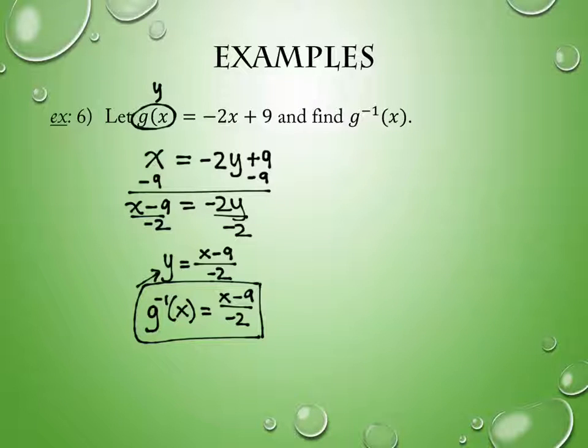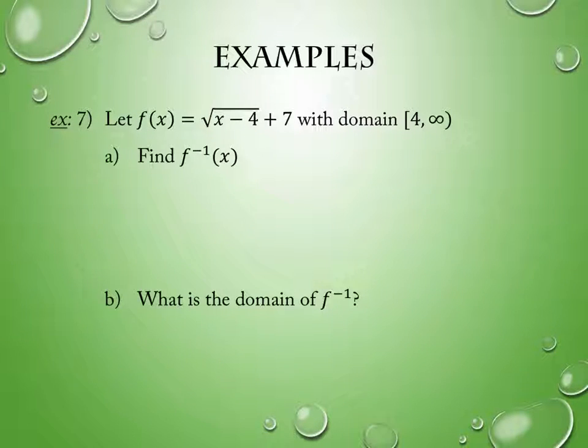And hopefully when you look back, you can see some semblance of why that would make sense. Do you see how one of them is multiplied by negative 2 and the other one's divided by negative 2? And how one of them has a positive 9 and the other one has a negative 9? Yeah, and that's what happens when we look back and compare from where we began to where we ended. Linear functions are pretty straightforward, so let's do one that's not linear. The next one's a square root